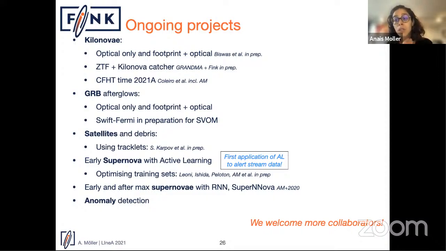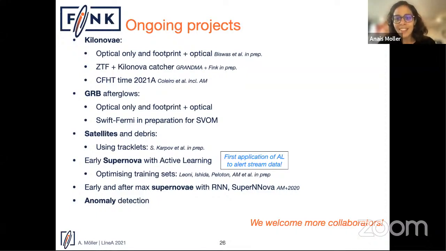And of course, I am also working with early and actually later supernova detection with recurrent neural networks. So I developed a framework that I published in 2020 called SuperNNova. This is a framework to classify regular time series efficiently. There are also Bayesian neural networks in it. But SuperNNova is something that we're using in the Dark Energy Survey as well to select our sample of supernova for cosmology. So we're trying to leverage that advancement from the Dark Energy Survey also in Fink, so we can do cosmology and science using this framework.